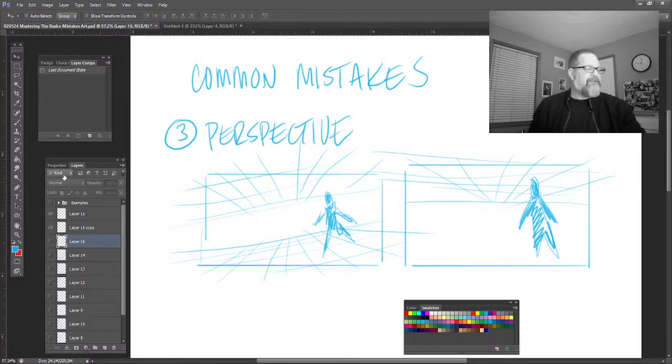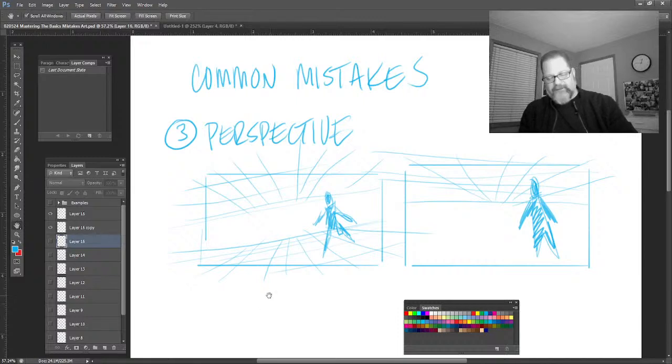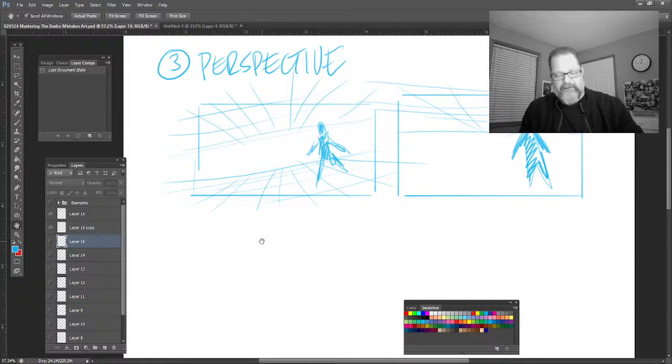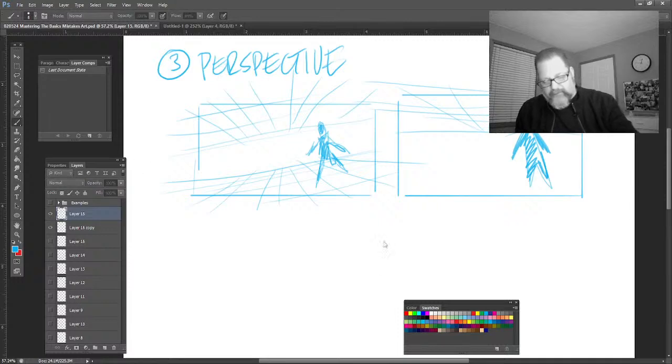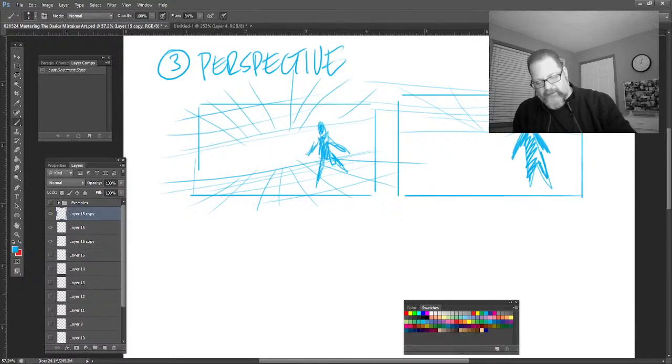So there's a couple of different cheats in there that you can have some fun with, but it's to know your perspective, and you know when things don't look right, and you can still sort of fake it, but you need to sort of have your perspective down. You want to just make sure that the character is solid, the character is in their environment. You know, if I'm looking at a building landscape,